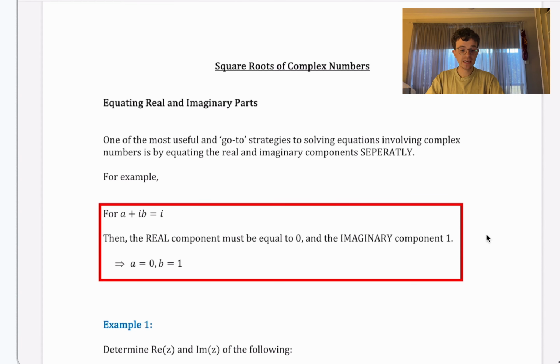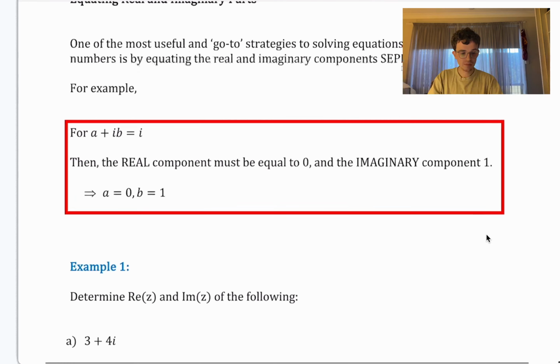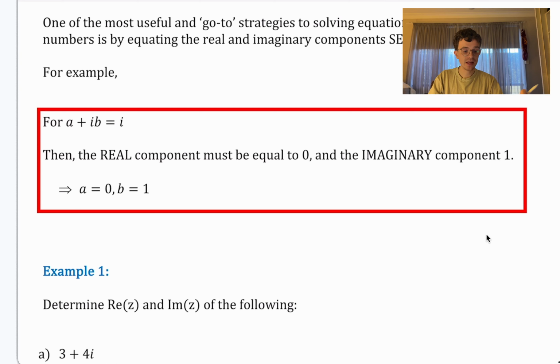Alright, today we're going to have a look at the square root of complex numbers. Now, an important part of taking the square root of complex numbers is the idea of real and imaginary components of a complex expression. One of the best go-to strategies in solving equations involving complex numbers is equating real and imaginary components. So for example, if we had the equation a plus ib is equal to i, well, since